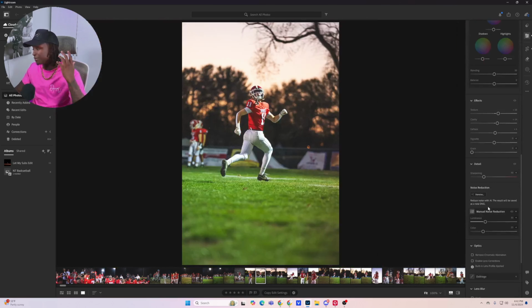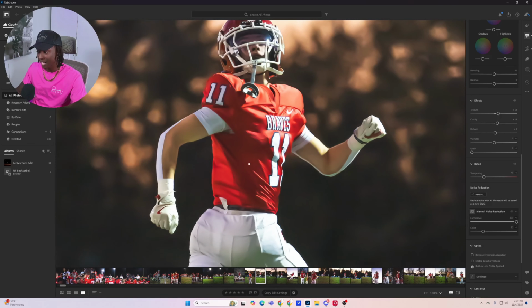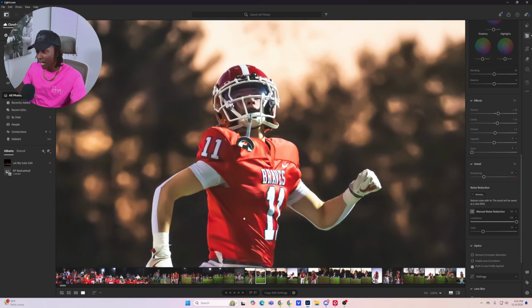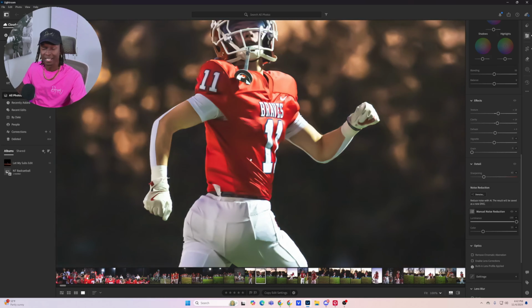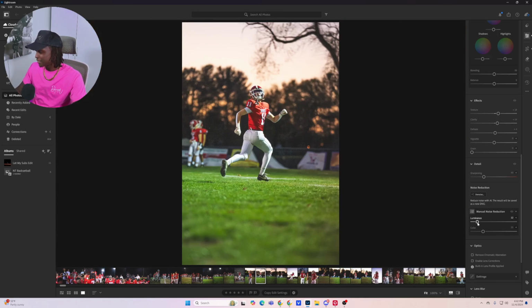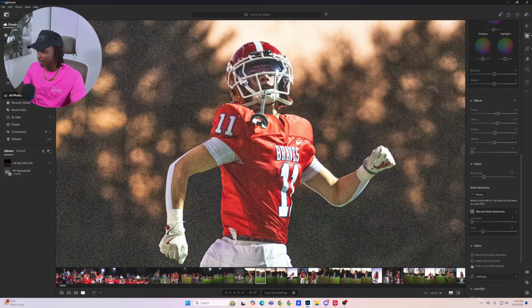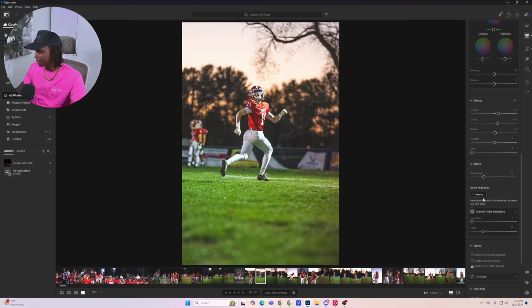So what you can do, which Lightroom is so amazing about, and which I always used to preach about, is just using noise reduction, right? But the manual noise reduction is just nowhere near as good, just because it kind of flattens out the texture of the entire image. So now his whole body just looks like clay. It's not good, right? So we take that off completely. It's really grainy, right? We go to Denoise, AI Denoise,